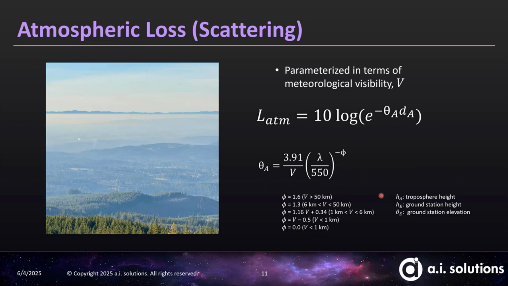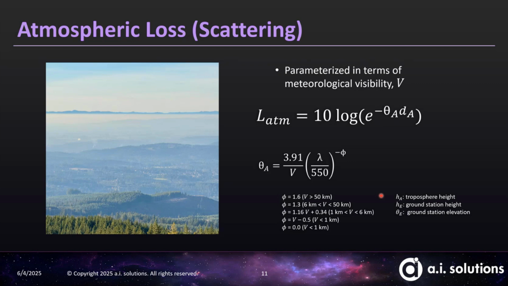Okay, so there is another unavoidable part of atmospheric loss, and that's the loss you're going to get from scattering as that light moves through the atmosphere. The good news is there's a very commonly used expression that parameterizes this atmospheric loss in terms of a really common meteorological parameter called the visibility, which is exactly what it sounds like. It's basically how far can you see, and there's obviously a rigorous definition, but it's basically how far can you see